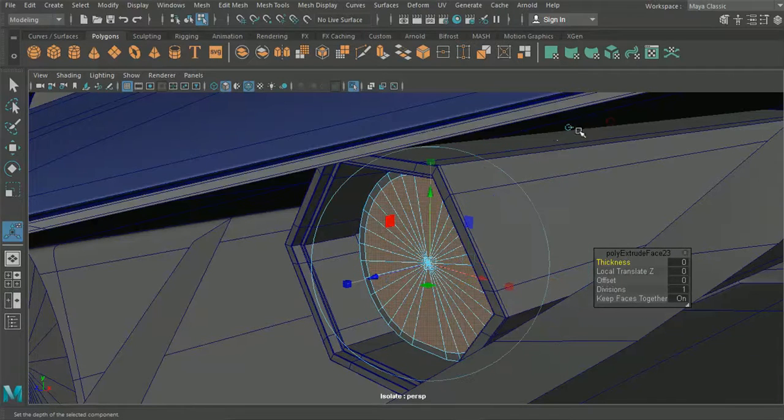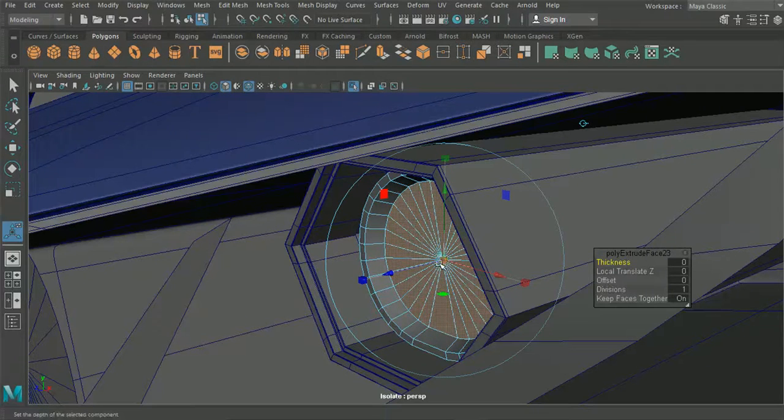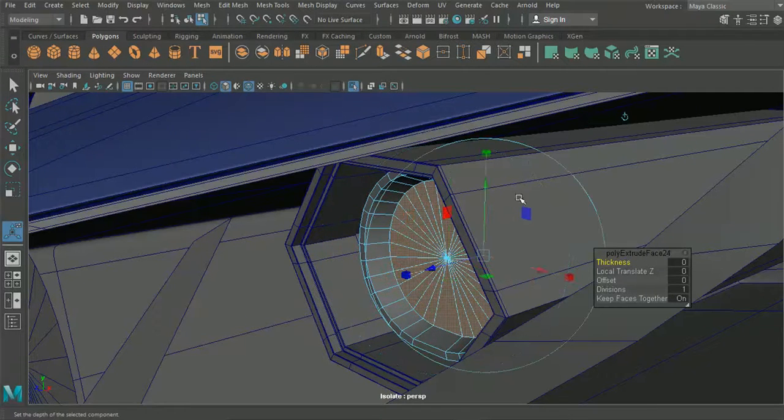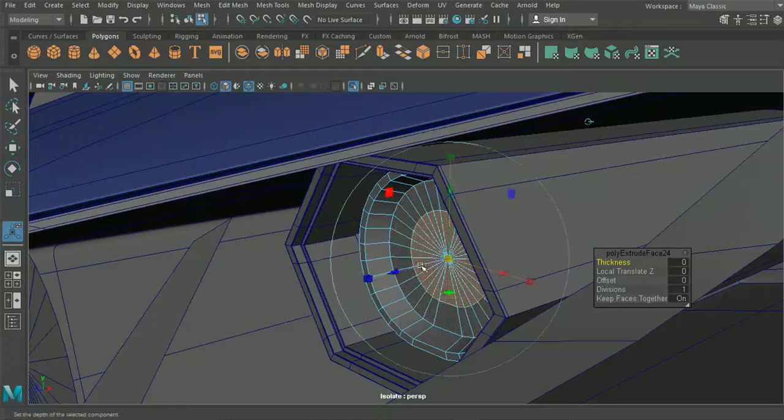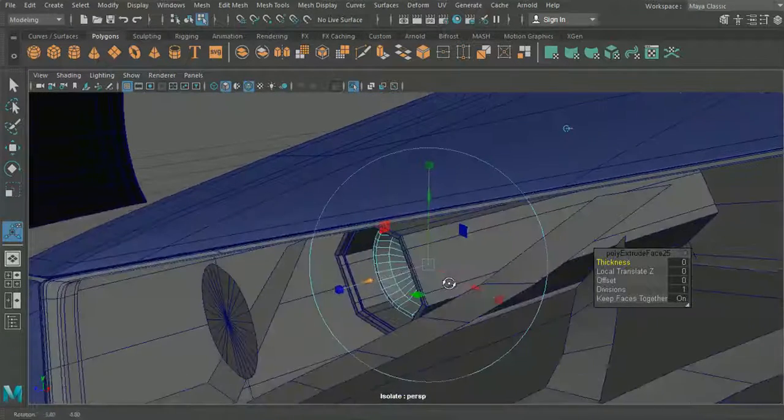I'm just going to extrude in a few times, just so that we can create a nice reflective section here where the bulb will sit and our lens will sit on top, our glass will sit on top. So we're just scaling in and then moving back, so we can see that we've created a nice